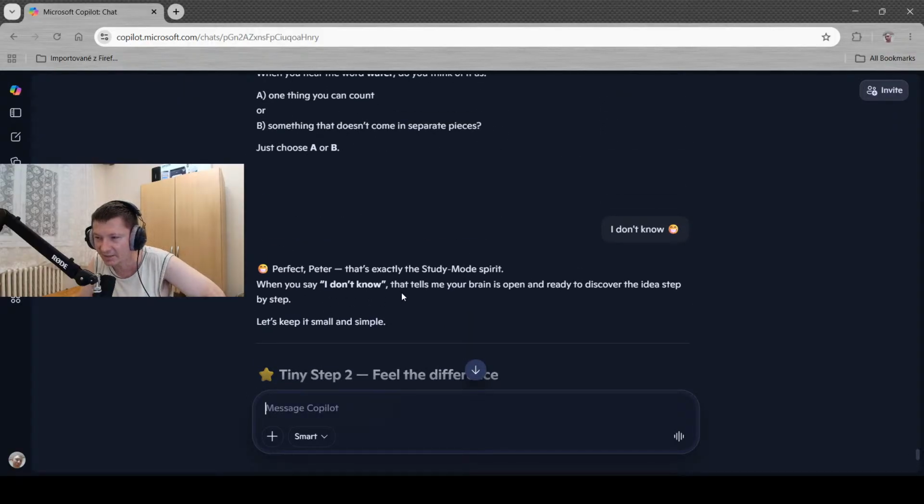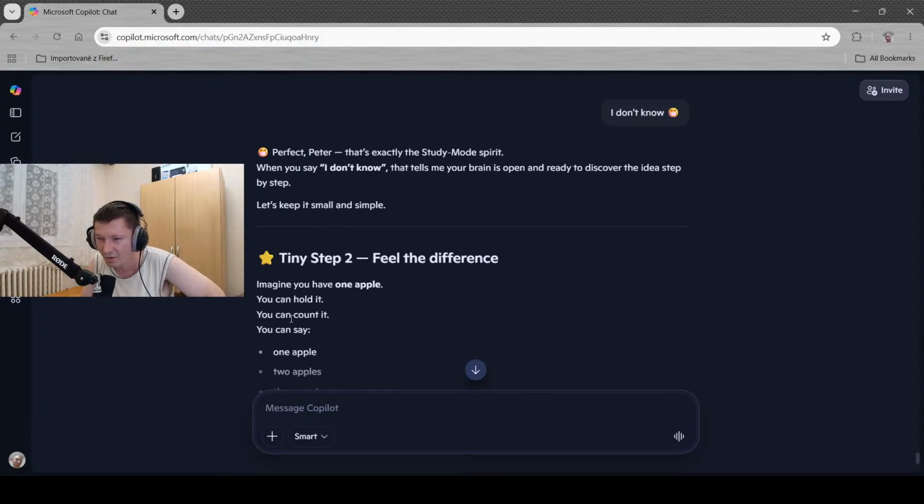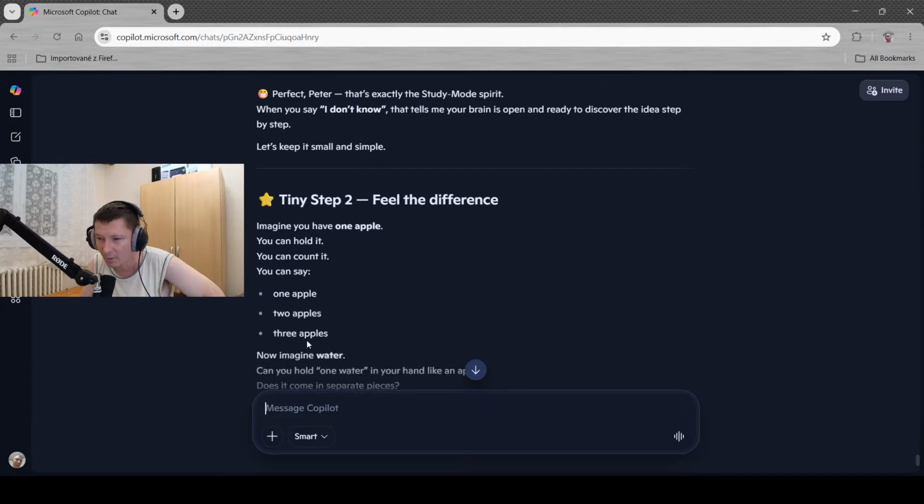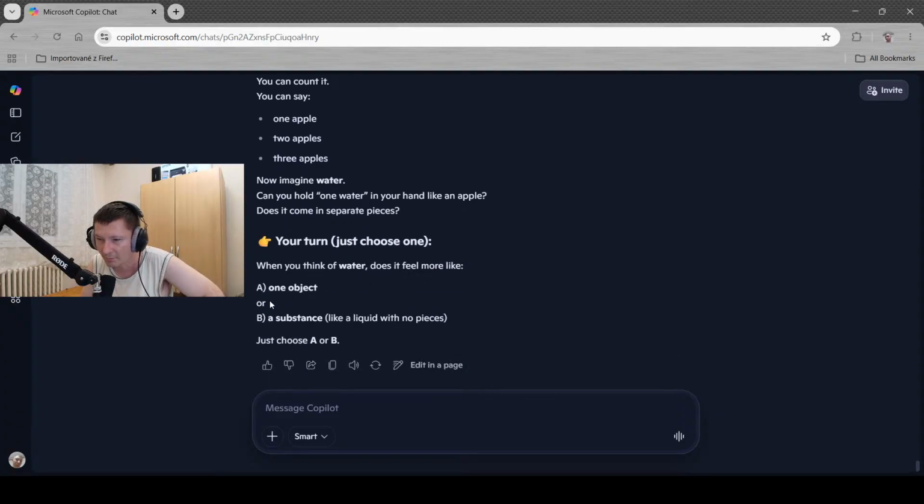Perfect, Peter. That's exactly the study mode spirit. When you say I don't know, that tells me your brain is open and ready to discover the idea step by step. Let's keep it small and simple. Tiny step 2. Feel the difference. Imagine you have one apple. You can hold it, you can count it, you can say 1 apple, 2 apples, 3 apples. Now imagine water. Can you hold one water in your hand like an apple? Does it came in separate pieces? Your turn, just choose one. When you think of water, does it feel more like one object or a substance, like a liquid with no